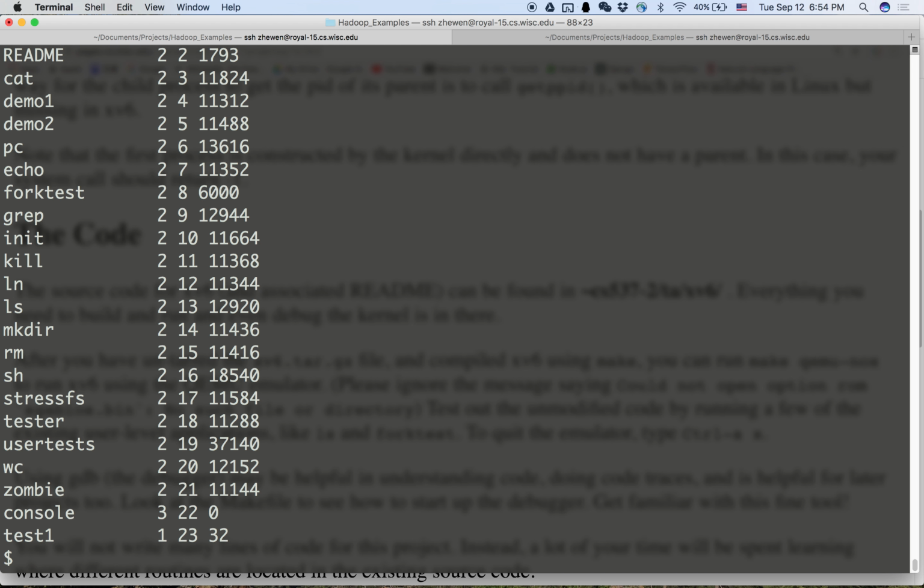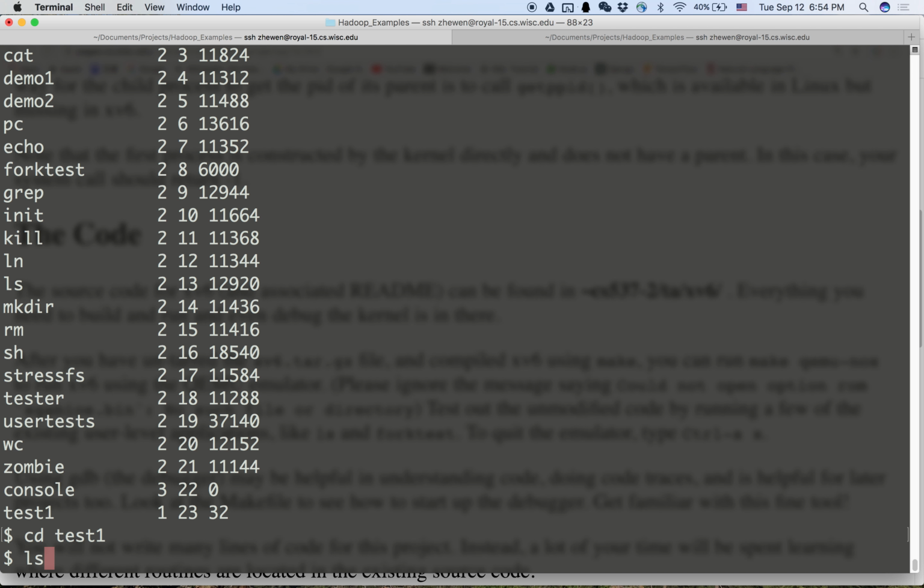That is totally fine because ls is stored in root. You can see here ls is a file. But if you change directory to test1, which we created just now, and then you type ls,